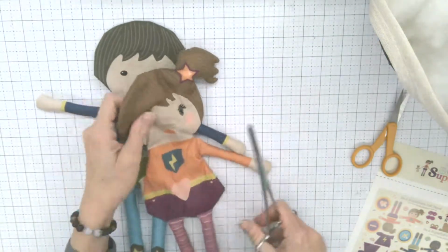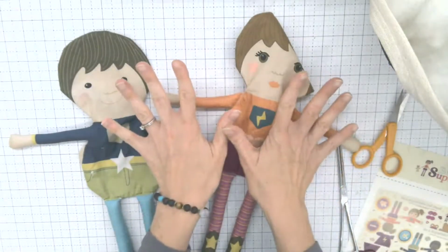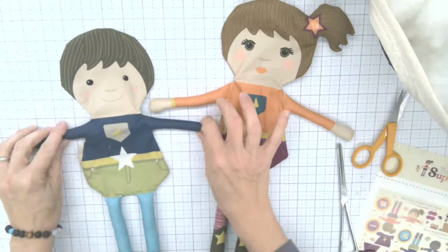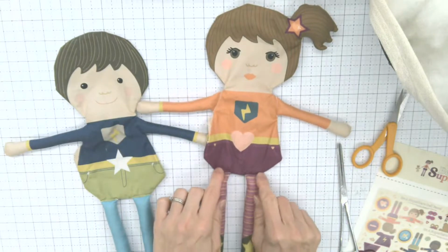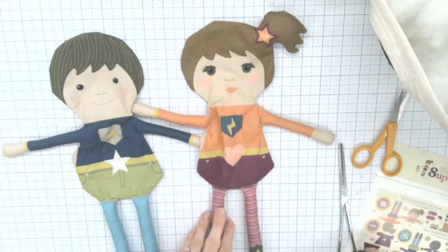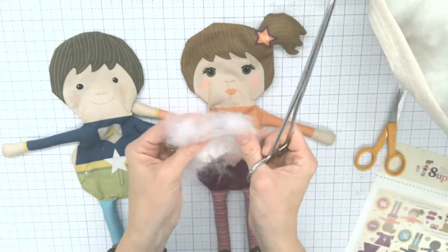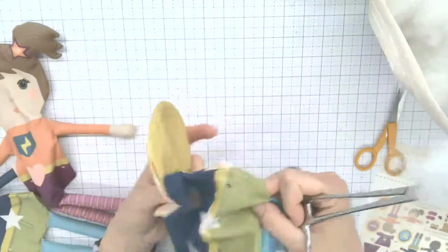the limbs. To get the really nice rag doll feel so that she's not stiff and just straight out like this, we're going to stuff the arms and the legs, and then we're going to sew here. I've also stuffed the ponytail so I can stuff here, but I'm not going to sew on the ponytail. So I'm just going to take a little bit of stuffing. I'm going to separate it out. I'm going to grab a doll,